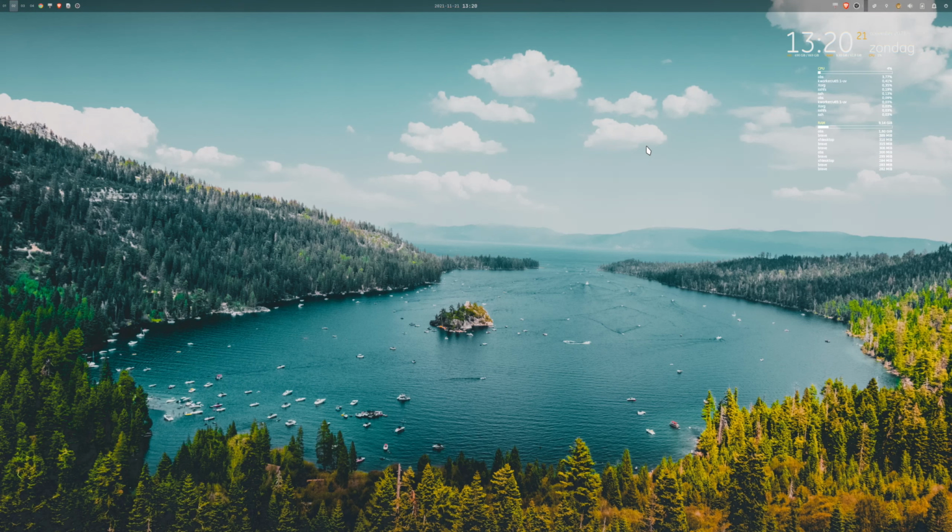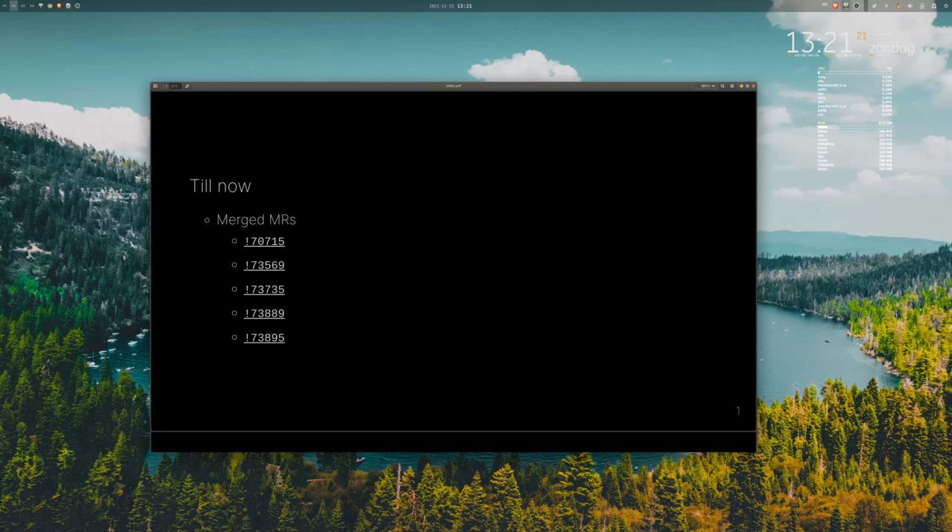This is the weekly update dated 19th of November 21 for the 5-minute production incubation engineering project. Till now, we've merged 5 merge requests over the past 10 weeks related to this feature, which introduce a new menu item inside a project infrastructure menu that introduces a new page for Google Cloud. In this page, the user can see a list of their service accounts and goes through the flow of creation